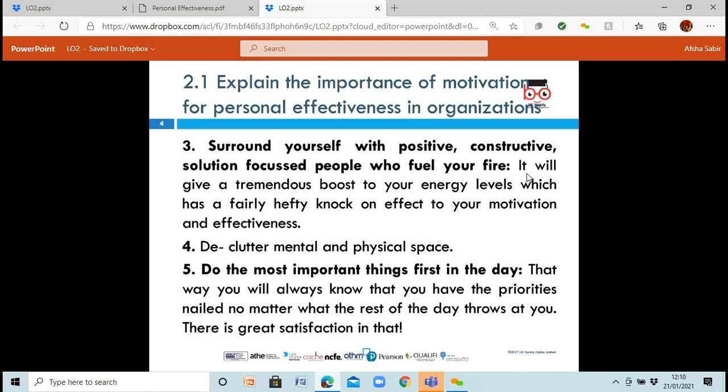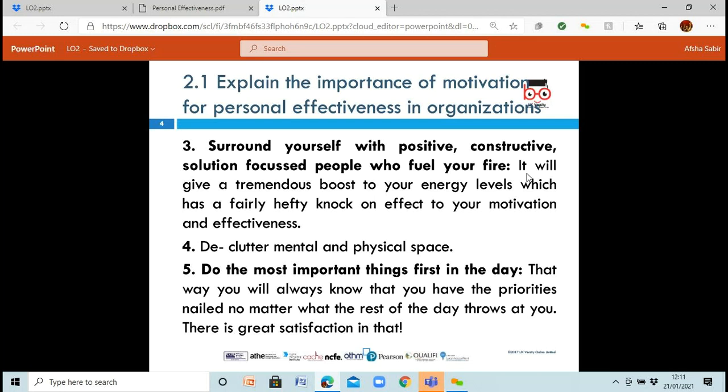You've got to surround yourself with positive, constructive, solution-focused people, and this is very true. You need to surround yourself with people who are like-minded like you, who are going to give you positive influences, if you go to them and just want to talk about anything in particular. So if you're struggling on a particular course that you're doing, or if you're not sure which way to go career-wise, or if you have an important decision to make, but you just want to talk about it first. You don't want to go to someone who's going to say, oh, it's all right, you can't do it anyway. You want someone who will sit there and actually listen to you and maybe give you positive solutions. Because sometimes when someone just sits there and listens, that's the best thing.